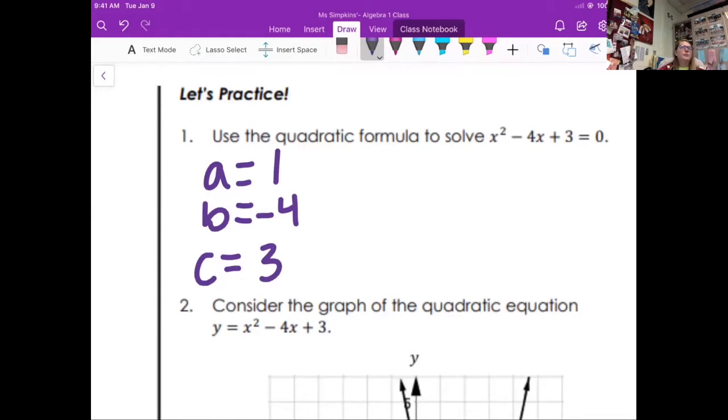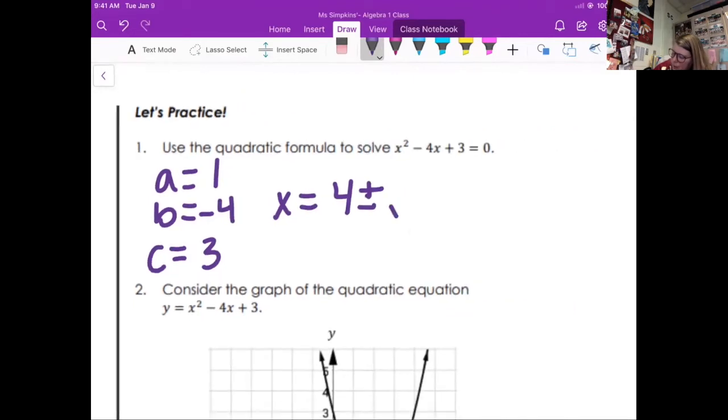Any questions about those 3 numbers? Okay, so now we're going to start plugging it in the formula. So X equals. In the formula, it says negative B. But in this case, our B is already negative. So if we're talking about a negative, it's going to be positive, plus or minus